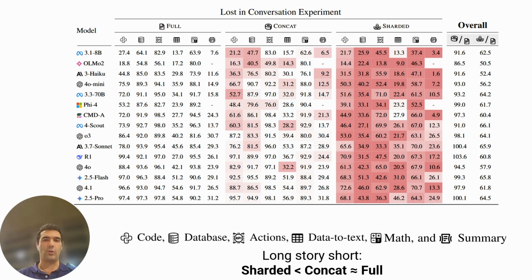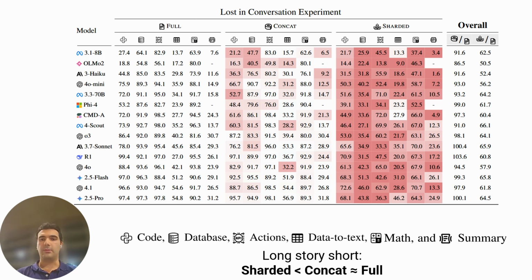either concat or sharded. And what you can see is that on average, there's little drop in the concat setting, particularly when you look at the pretty good models. The older and smaller models are affected a little more, perhaps because they've been overfit a little bit on the fully specified instructions. But if you see all the way on the right, at the average ratio across the 6 tasks of concat to full, most models are in the 95 to 100% range, meaning their performance is very, very similar. The ratio of performance between concat and full is very close to 100%.